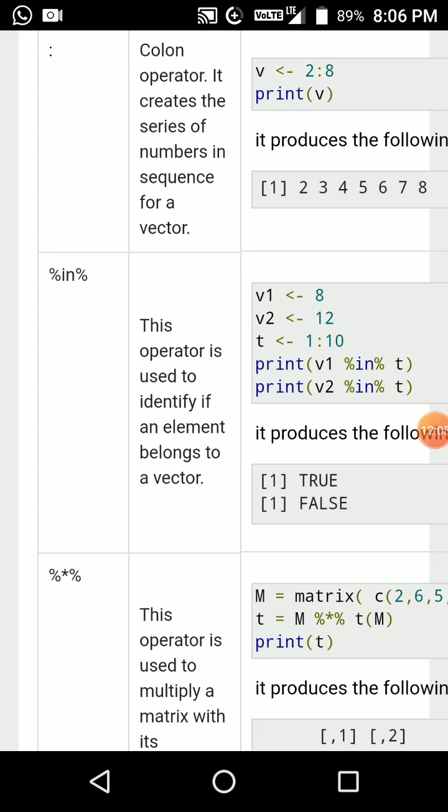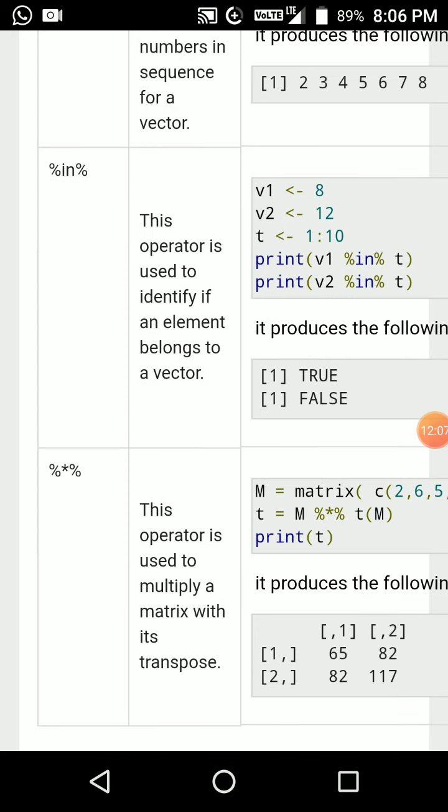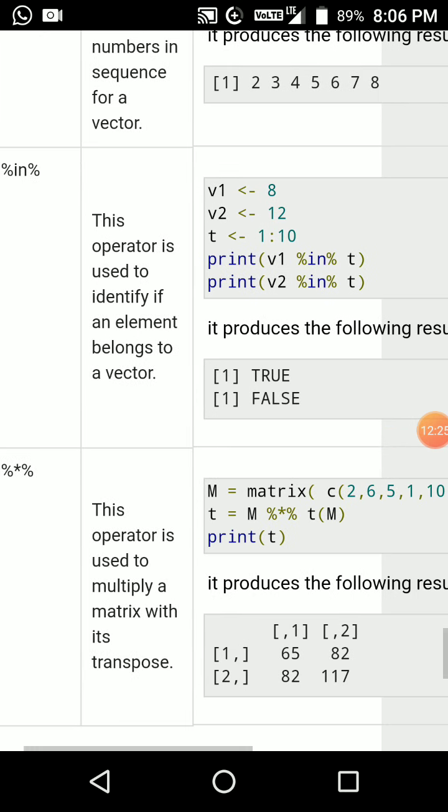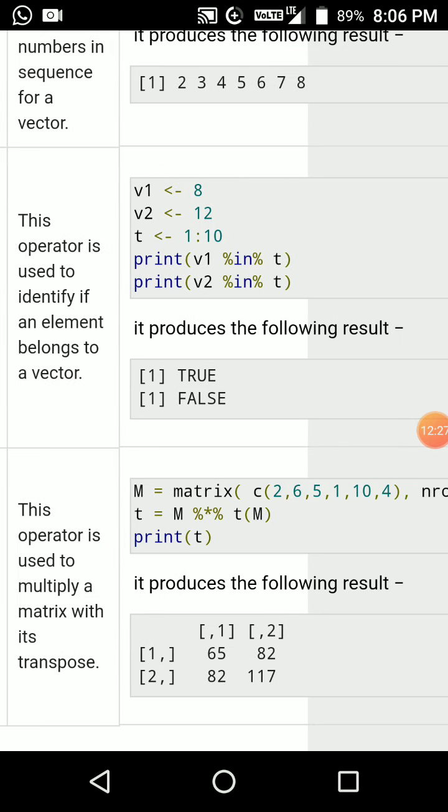And next we are using the %in% operator. We do not call it percentage, because in the computer terminal we call it %in%. The %in% operator is used to identify if an element belongs to a vector. That means 8, 12, 1:10.